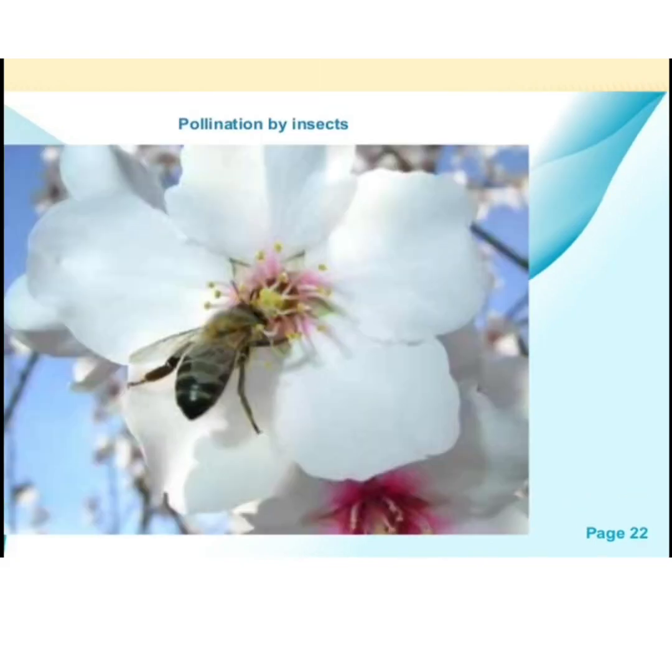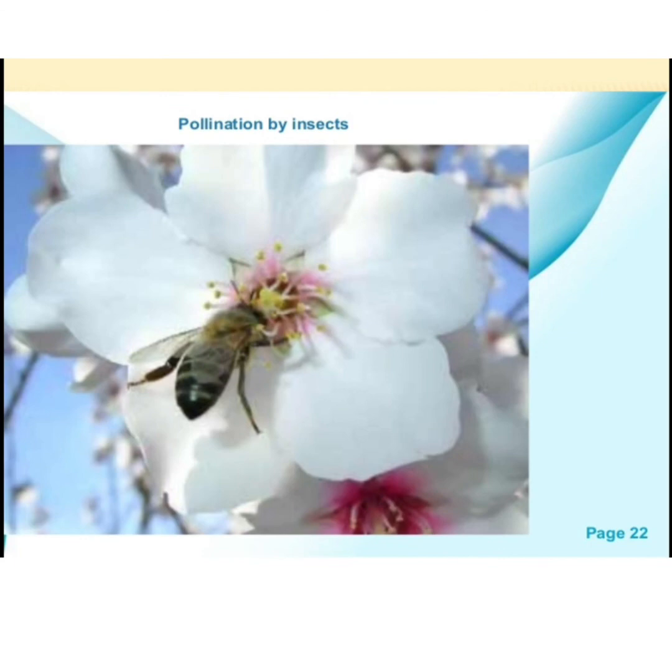Understand? Now we have seen how pollination occurs. We have seen that three agents are responsible for that. What are they? Pollination by insects. See students, this insect is on the flower. So what happens? The pollen grains of the anther of the stamen stick onto the body of the insect. When this insect goes to another flower, it releases the pollen grains there. So by the help of this insect, pollination occurs. So one is pollination by insects.